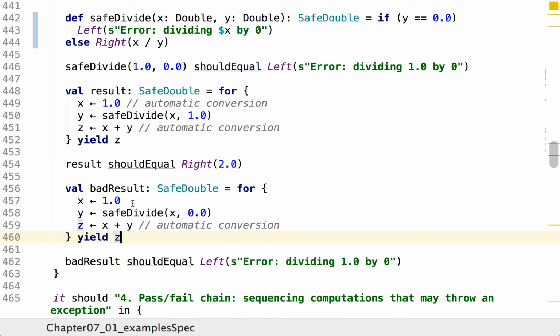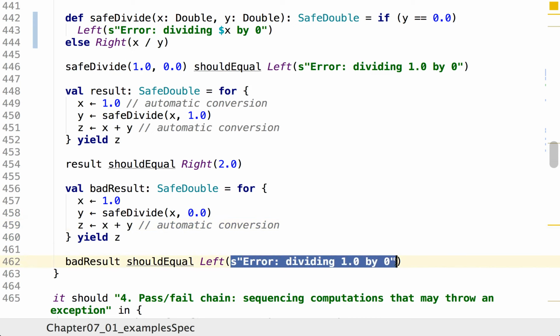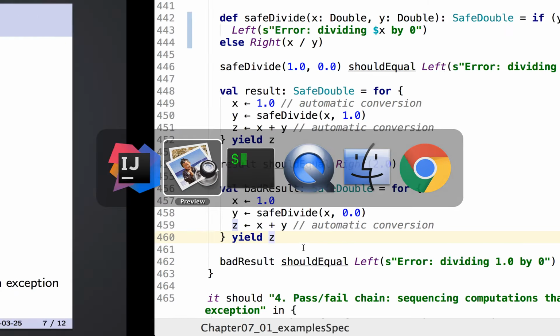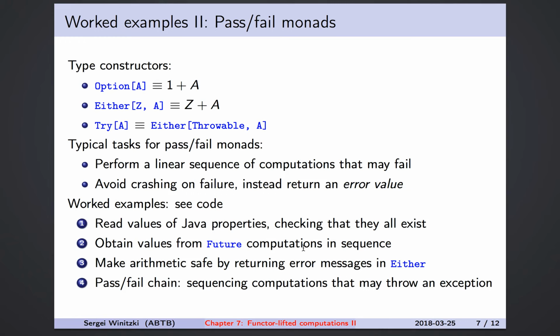And here's an example where it fails. So we divide by 0. We do exactly the same things, but because this step divided by 0, the entire thing collapses. We never get here, and the result is a Left of that. The last example for the pass-fail